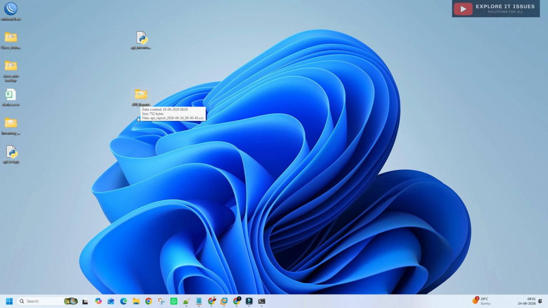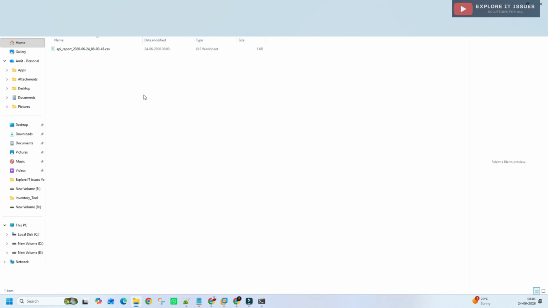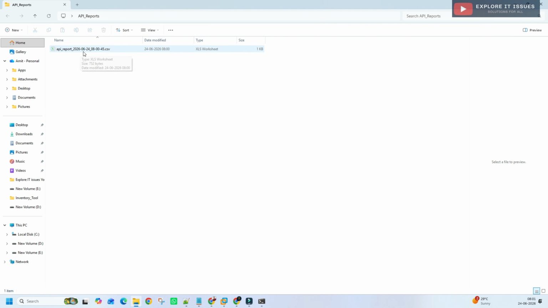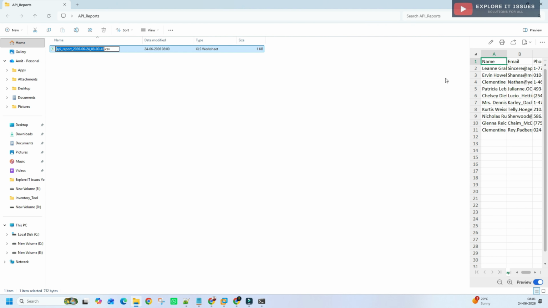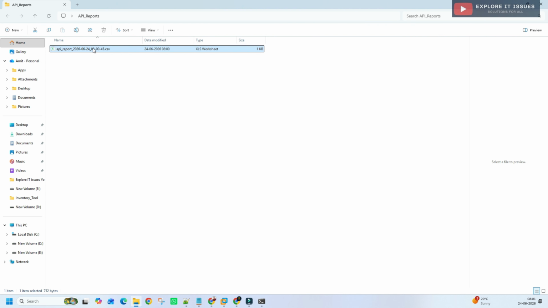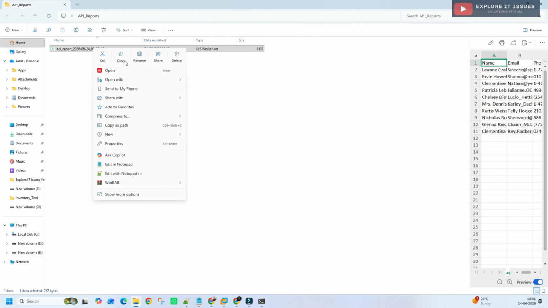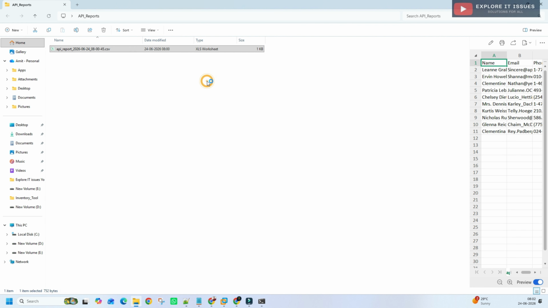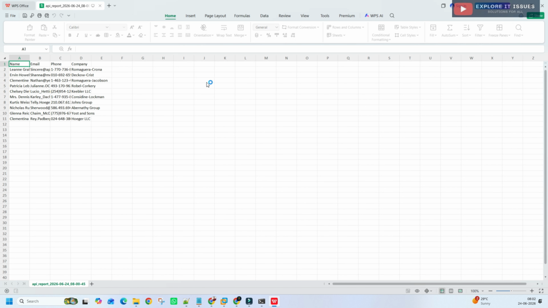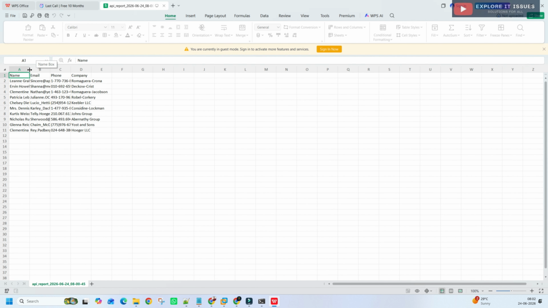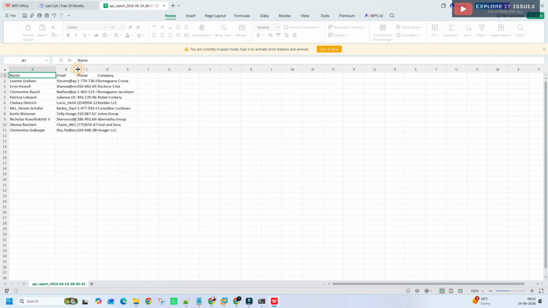As per the code, we created one folder called API request. Inside this folder, we received one file, the API report in .csv with a timestamp. Just double click to open it.